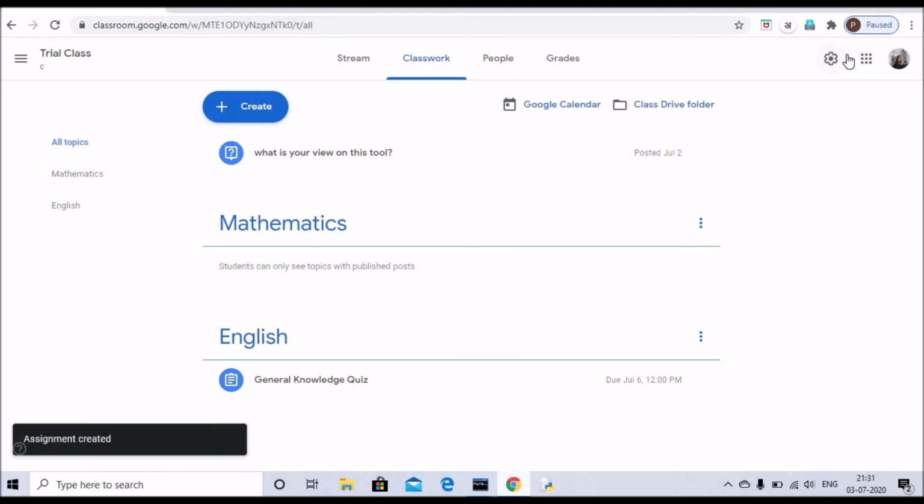Now in the next video I will be sharing how to create a link for any of your subject material, your resource or your Google form, and then how to post that link in the Google Classroom. And then we will also be doing another tutorial on how to create subjective papers also, right?